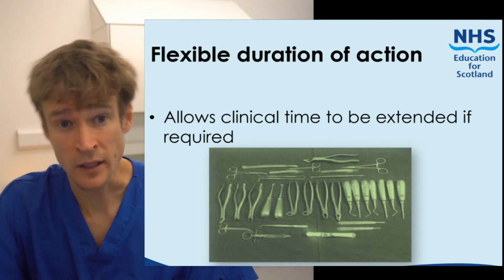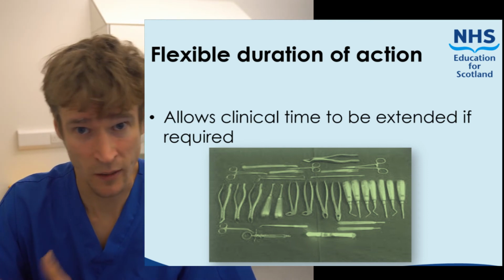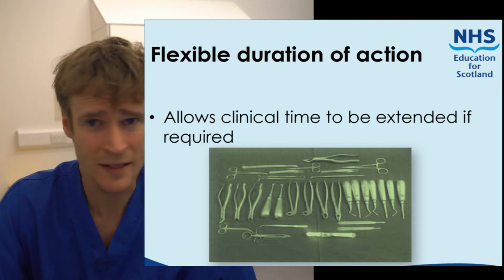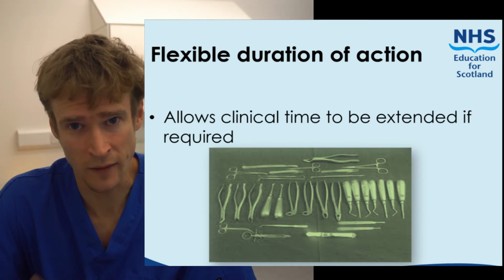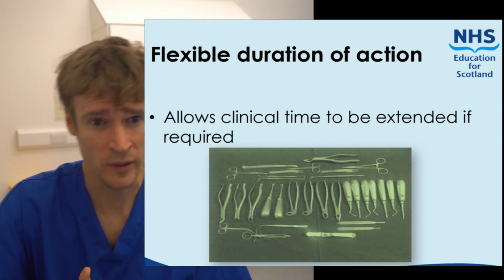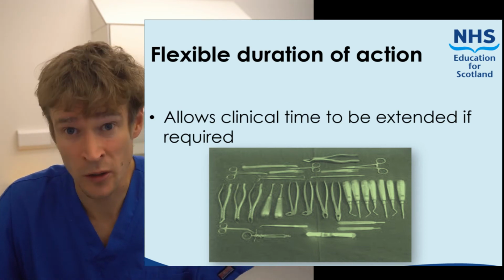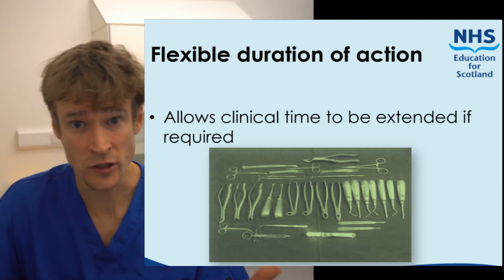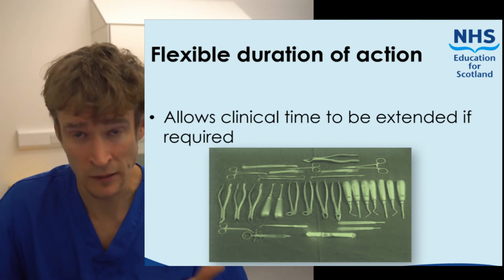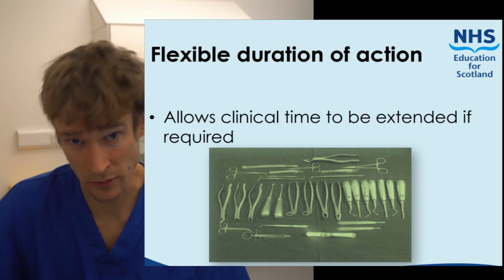Once we stop giving the nitrous oxide, the patient is unaffected by the drug once it's out of their system, and once we've taken into account diffusion hypoxia, the patient's safe to leave 5 minutes after we make this decision. By comparison, when treating a patient with intravenous sedation, we have this set 40-minute or so time period of which to provide all the treatment before the patient loses the anxiolytic effect and they're unable to tolerate any